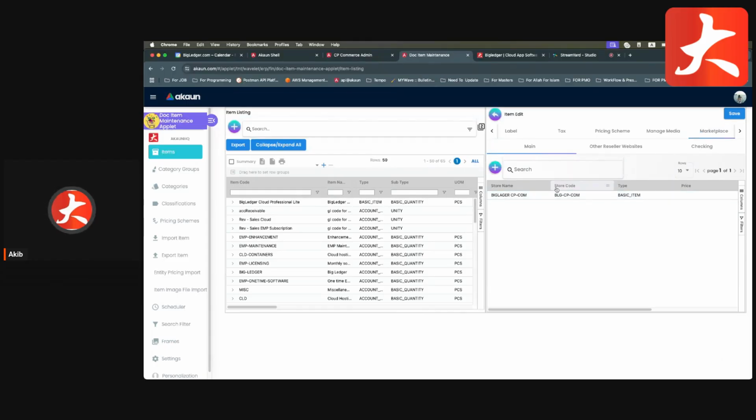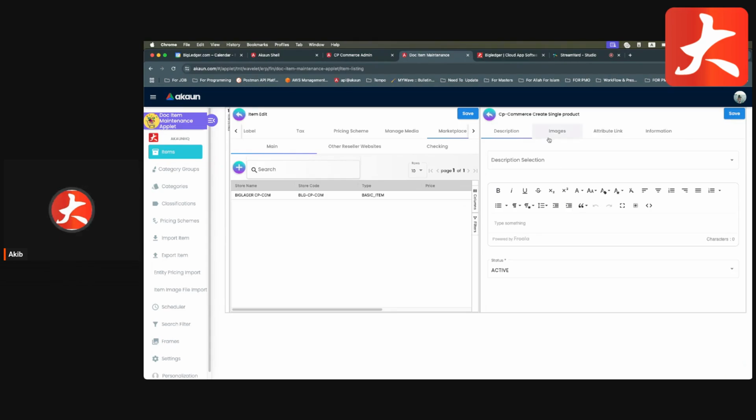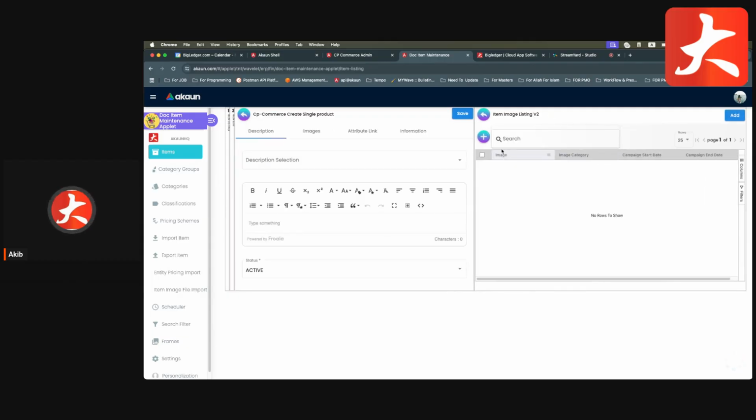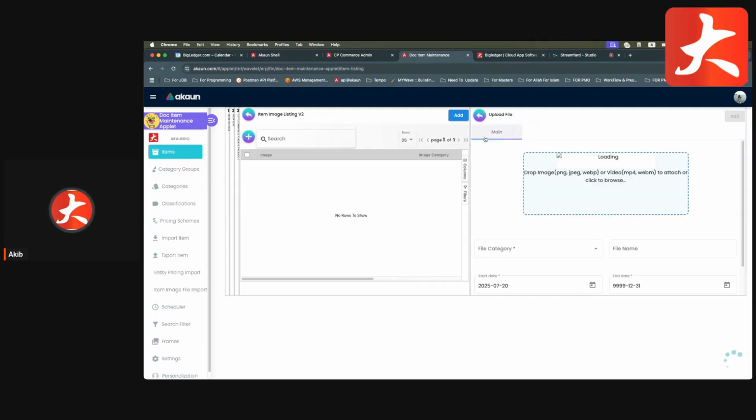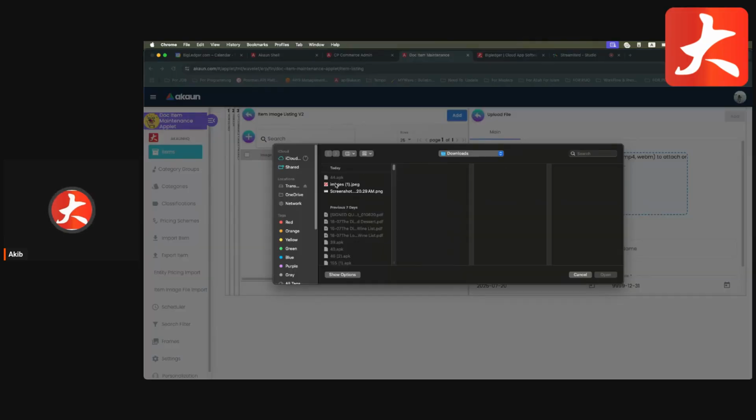So after adding the marketplace, you are able to add the product description here in the description menu, and then you are able to add an image from this image tab. So how can you add the image? You can click, and then this is the master list of images. Currently it's empty. So if there is no image, you can click add, and then you can upload any image